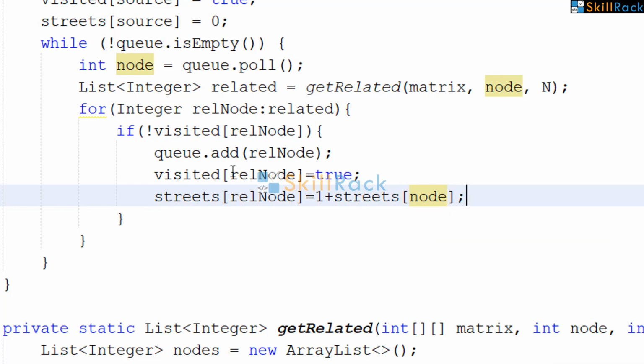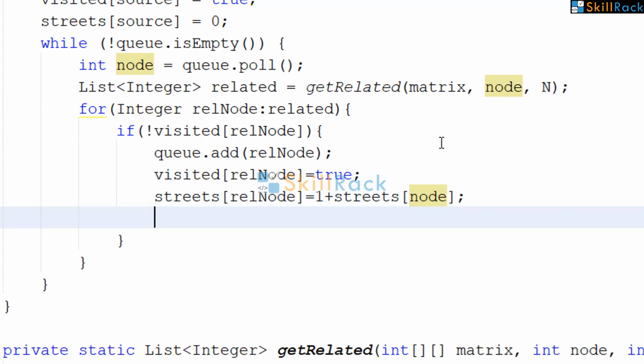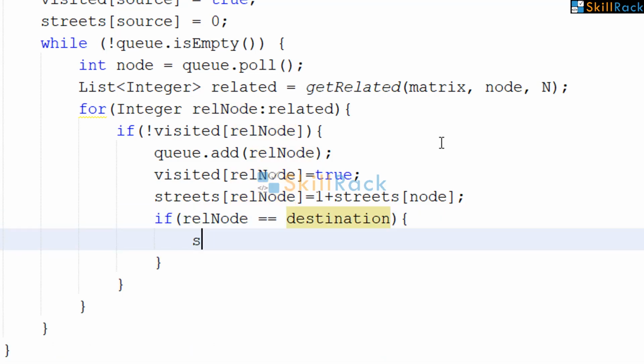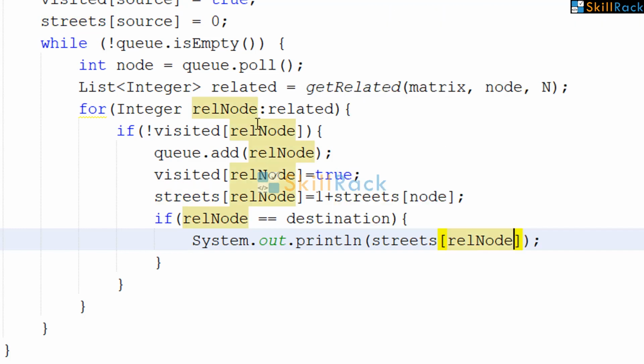So now here you can check whether the destination node has been reached. If yes, you can print the output and you can exit. But if there is no path to the destination node, then obviously the number of streets to be traversed will be 0 because you cannot reach that destination itself.